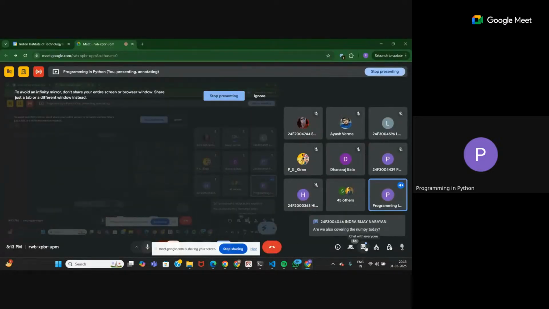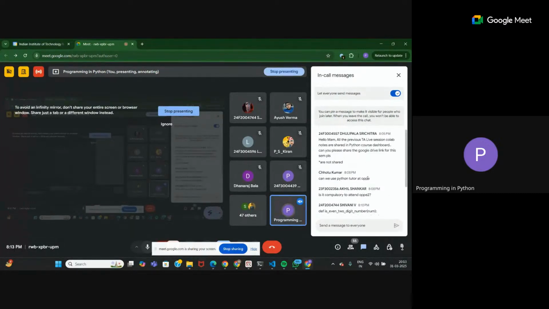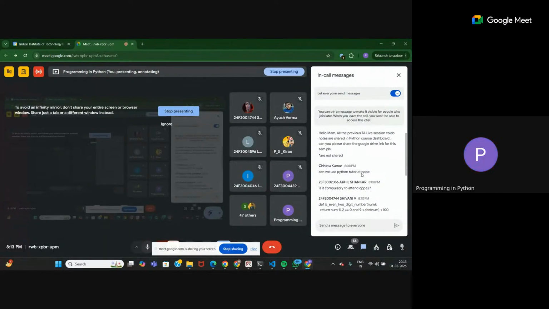Okay, let me check. No, NumPy and all of that will not be in your OP, right? This is just an OP session, so you just have to study for your end-term paper. Ma'am, a quick question though. Those classes and objects, would that be under OPP2 or no? No, just in your end-term. Okay, all right, thank you.